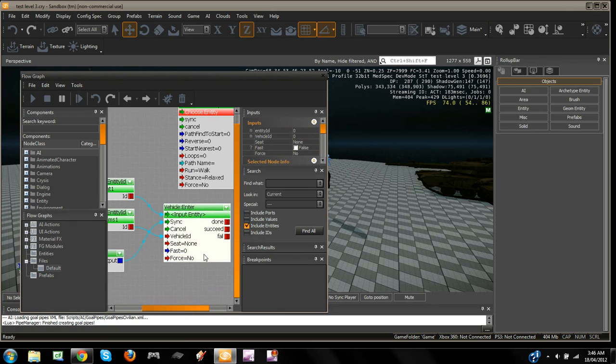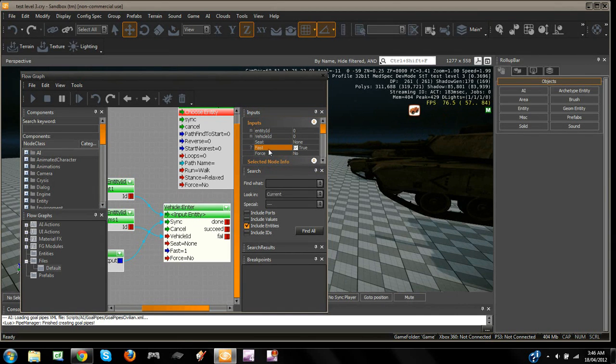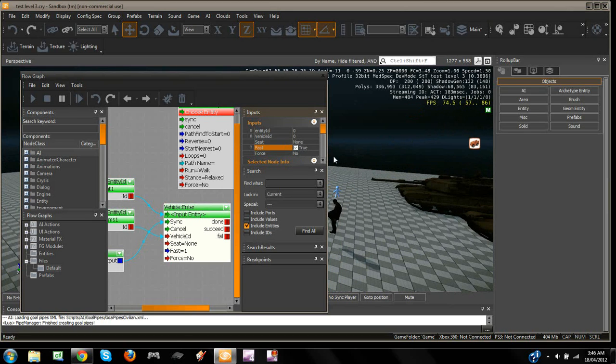Now we'll click on this and go over to inputs on the top right of this, and we want to tick fast. Now what fast does is, if fast is unticked, the AI will walk up to the vehicle, climb on the vehicle, then get into the vehicle. If fast is ticked, as soon as the AI spawns, it's immediately in the vehicle. There's no waiting around. Then we want, just above that where it says seat, we want to change that to